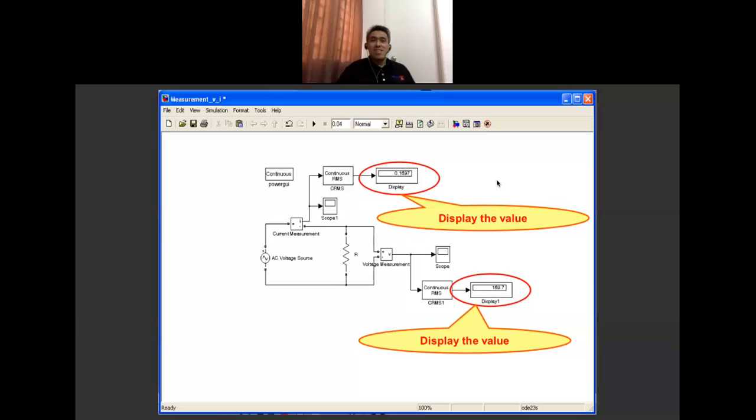Any other question? Any question so far? Okay, there are 3 questions. The first one: in what situation do we need to use discrete RMS measurement? Another 2 are from YouTube.